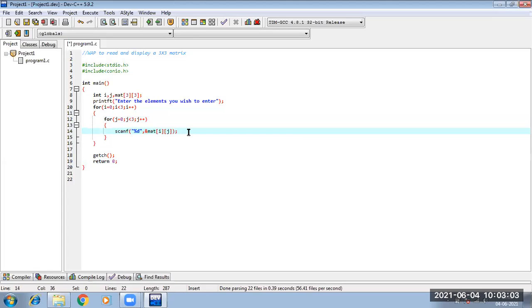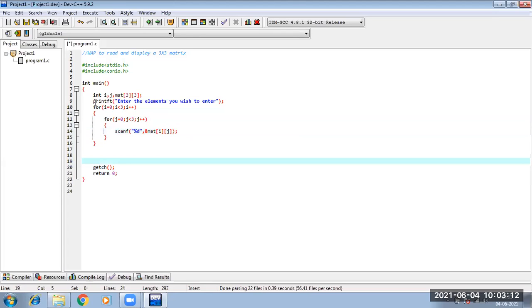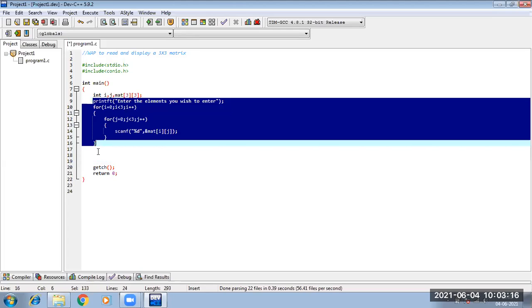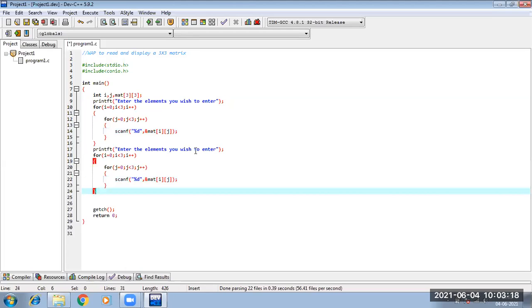Fine. Now I will just take the values from the user as it is, and then while printing, I will print it in the form of a 3 by 3 matrix, right? So here what I will do, same loop I will run, just like I was telling in the previous class. Here I will just change the part to print the elements of the matrix.